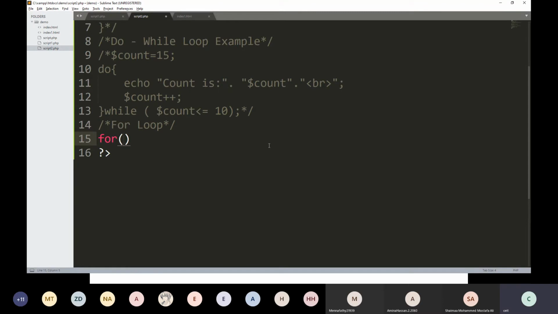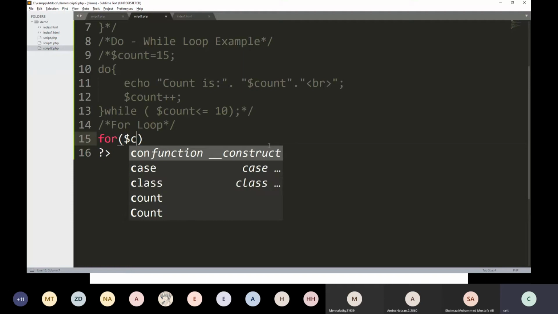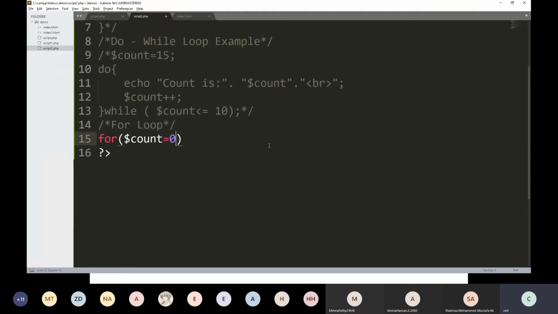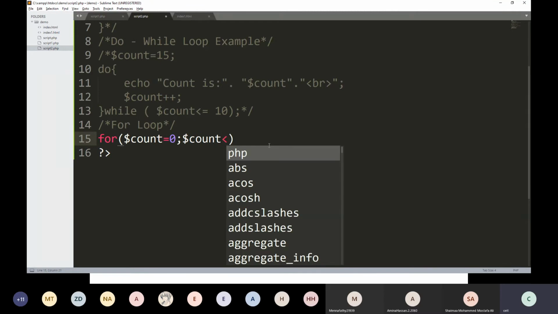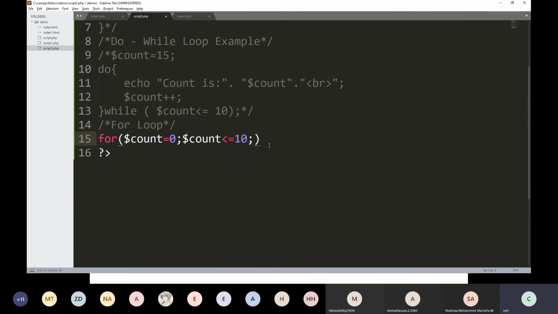No need to declare the variable outside of the loop, because inside the for loop itself you can initialize the variable. $count equal to 0. Then $count less than equal to the condition. This is my condition. Then my reinitialization is what? $count plus plus. Okay. Inside this, simply I can echo.